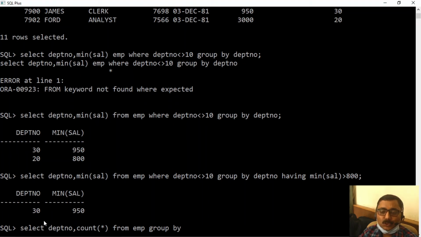We are not excluding anything. We are excluding only after grouping. Group by department number having what? Count star, means number of employees, greater than 3.